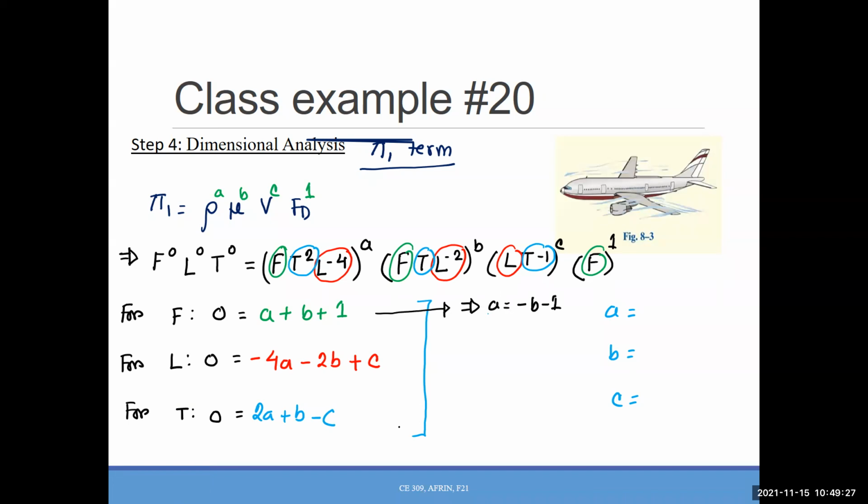You can use this one into this equation. And here, oh, it will be a long calculation. You can use the calculator. Do you have a calculator which can solve the equation? 3 equations, 3 unknowns. This one. So finally, we will have 4B plus 4.